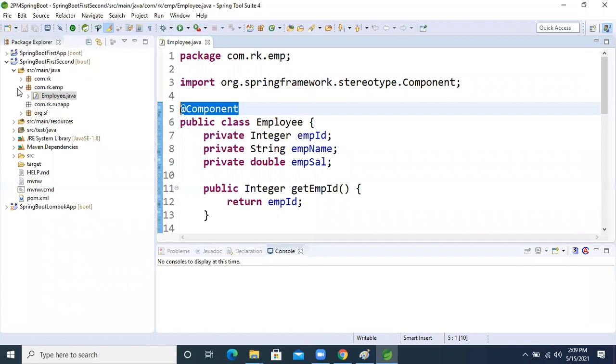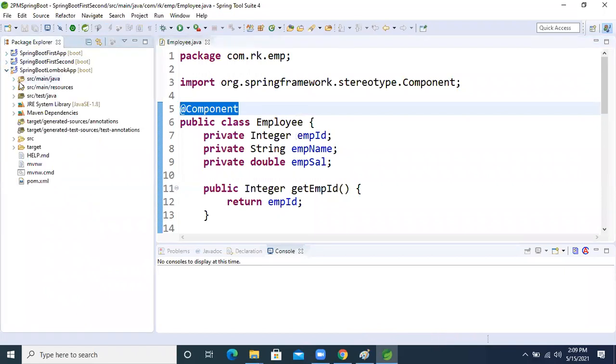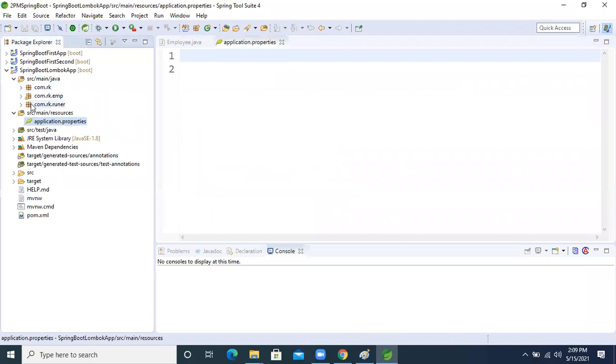After that, in the next application, we saw how to read the data from property files. This is the application property file, right? Inside that we saw different things.